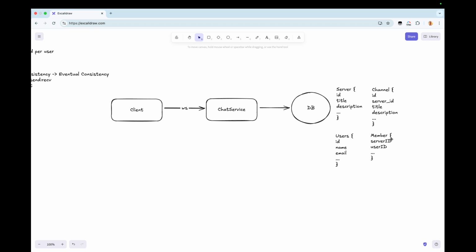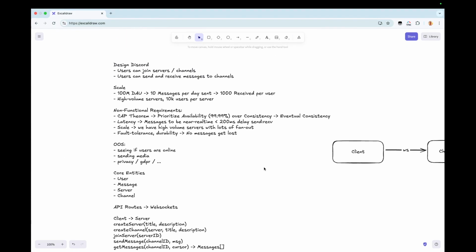So we will create a record in our members table that says this user is now on this particular server ID, and they will essentially subscribe to any messages that come in for any channels within that server. So they're connected to the server, and they have a record in the database now.